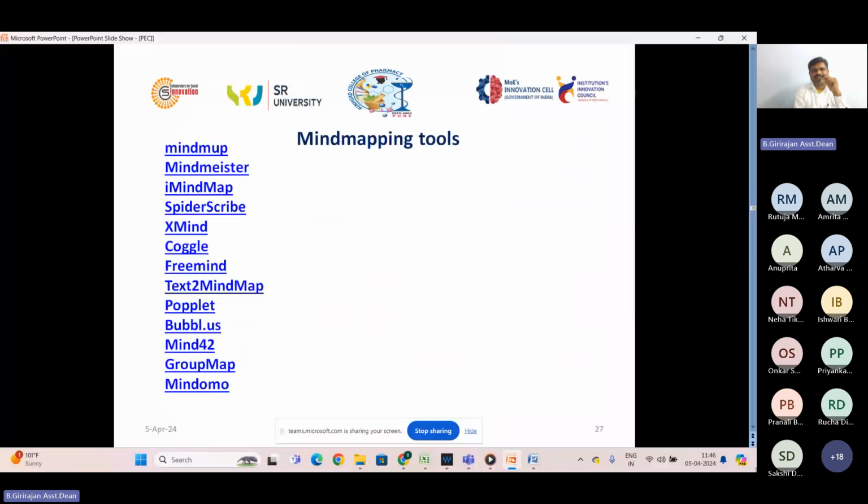For all these things, you have some mind mapping tools in your Android mobile. Nowadays, students are using Android mobiles or smartphones, Apple phones or something else, laptops, and advanced gadgets. All those gadgets can be used for mind mapping. Some links are given here for mind mapping. When you place the data, it will automatically arrange it in a proper way, the readability is good, and data visualization will be good when we use this kind of mind mapping tools. Even in mobiles it is available.